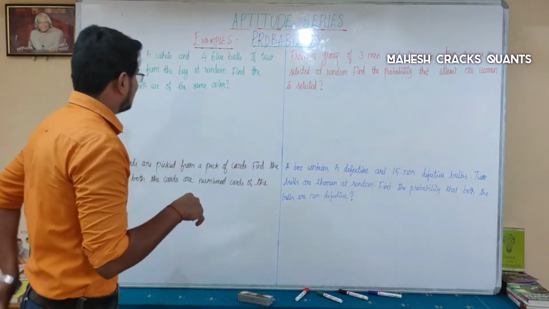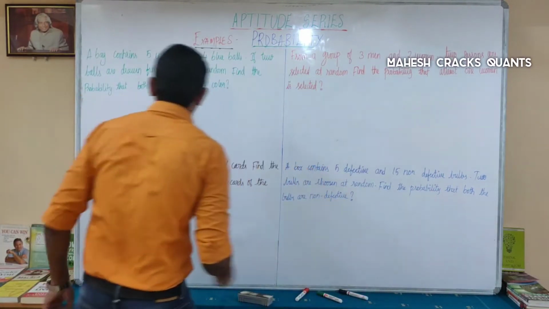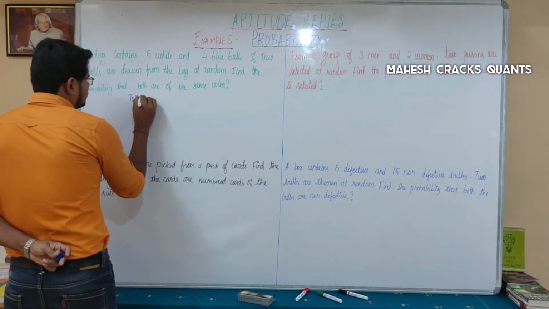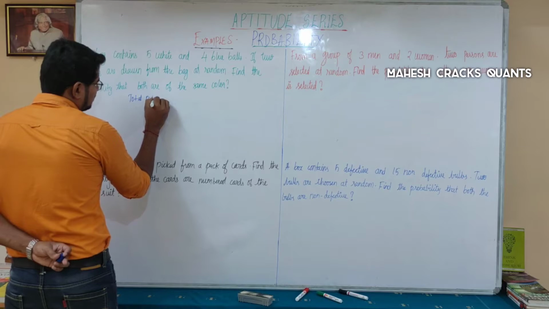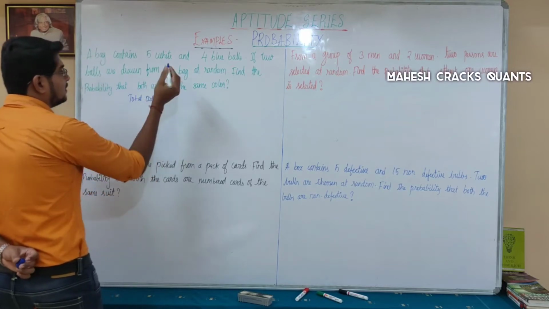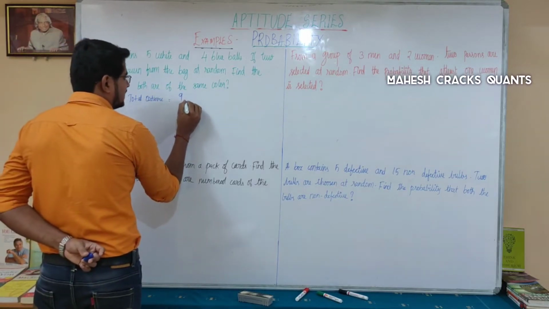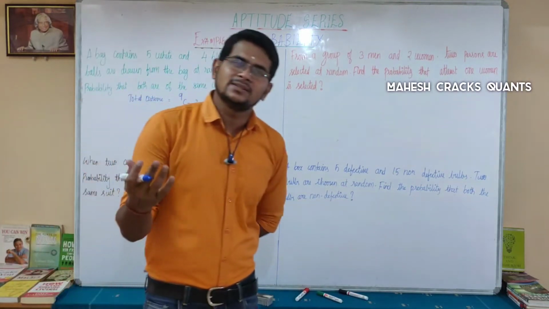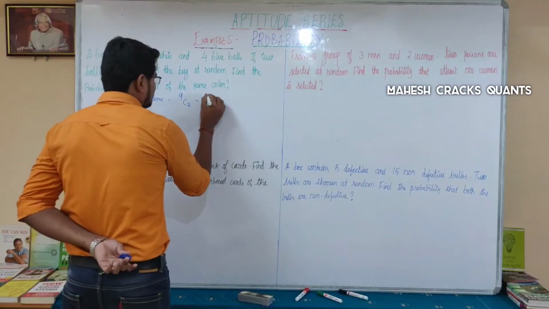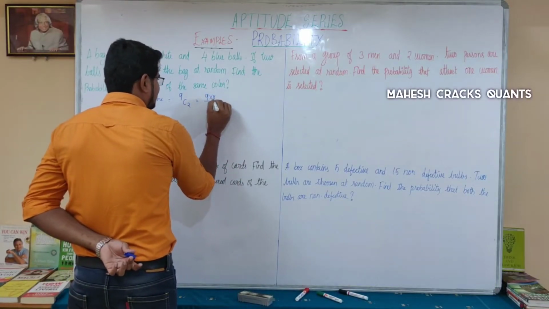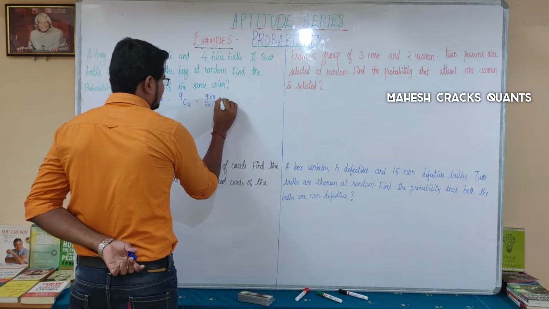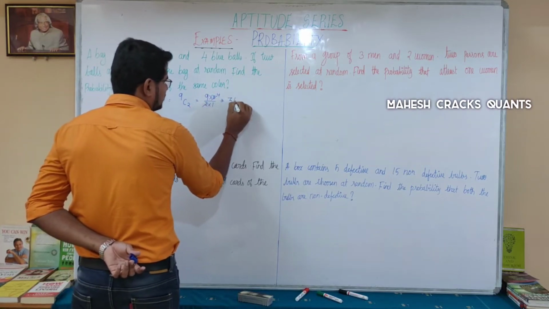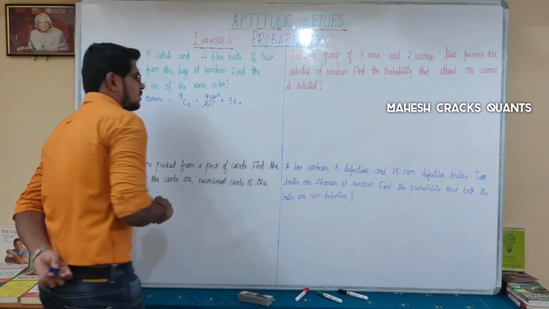What is the total outcome? First thing you have to do whenever the question is based on probability, you have to find the total outcome. Total outcome is, out of 9 balls, I am taking 2 balls. That's it. So, 9C2. You know how to expand 9C2, right? So, numerator and denominator will be there. 9 into 8 divided by 2 into 1. Cancelling this, you will get 4. So totally 9 into 4, 36 is the total outcome.